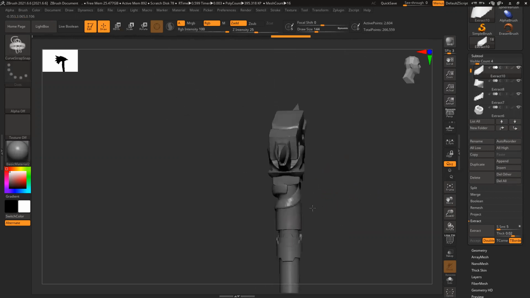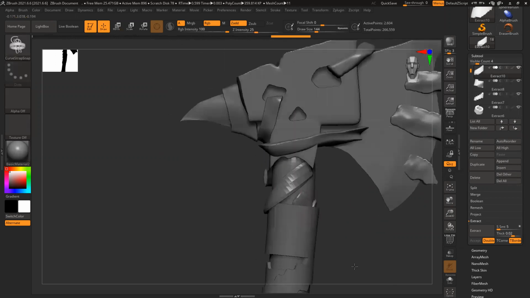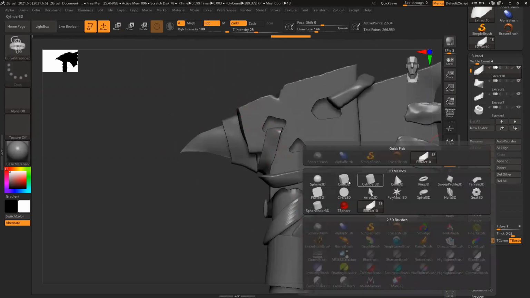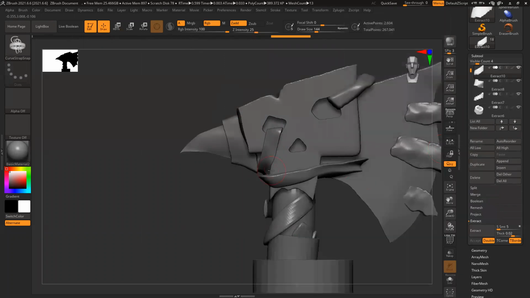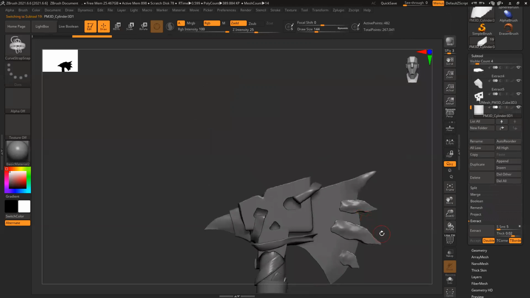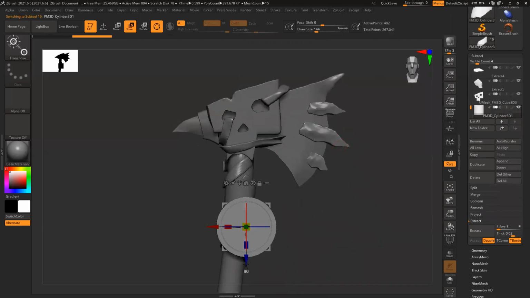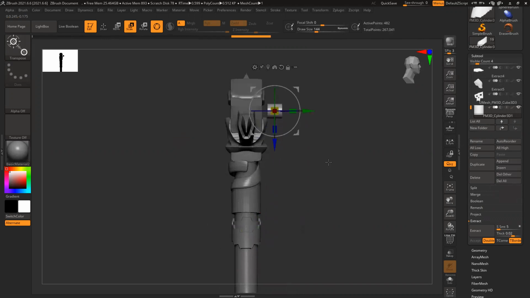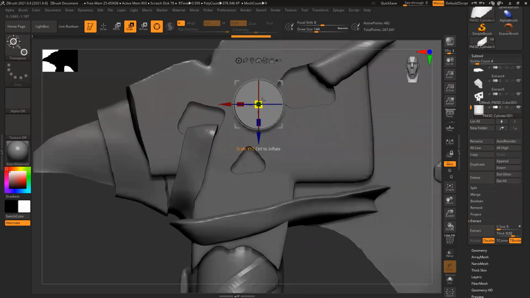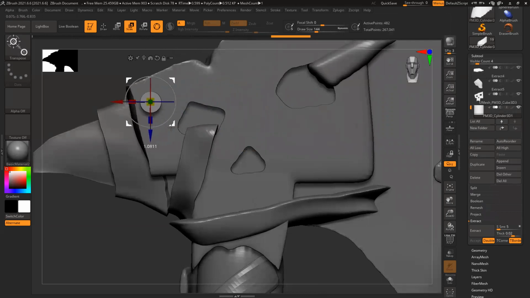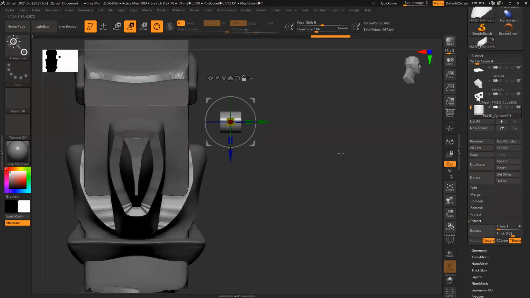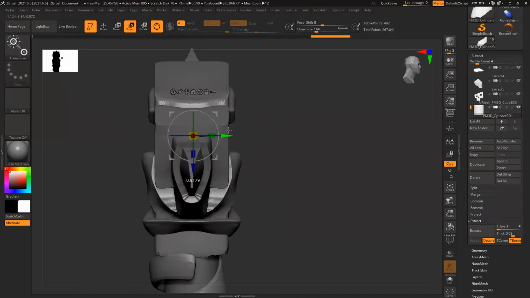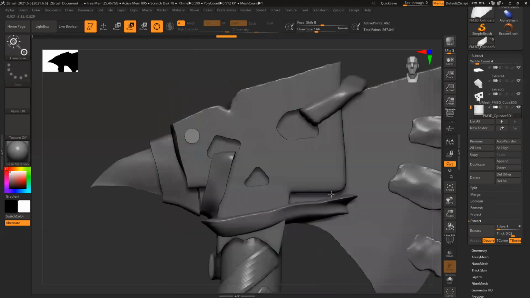Now there's one more thing here. Two things. There is a nut bolt here. So I'll just simply append a cylinder. Rotate 90 degrees. Resize it. Here, but it should be on both sides. So I'll just simply elongate this like this.